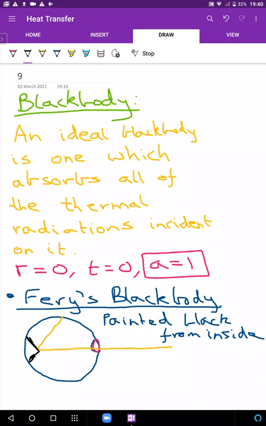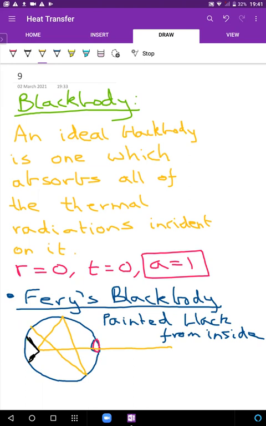And then what is going to happen? A small amount will be reflected. Now the triangular shape's job is to ensure that it doesn't reflect back the same way, but goes in some other random direction. Going in some other random direction, this ray again strikes the surface. As it strikes the surface, again the majority of this ray is also absorbed. Again only a very small percentage will be reflected. And after reflecting, it will fall back on the surface again. So again the majority is absorbed, a very small portion is reflected. Again it falls here, again the majority is absorbed, and so on.